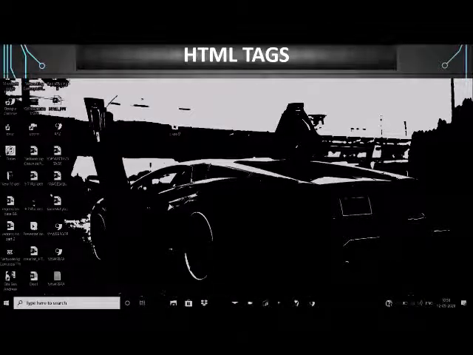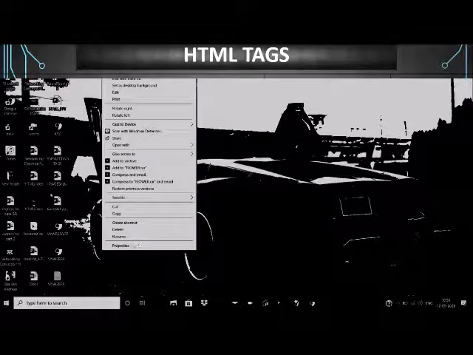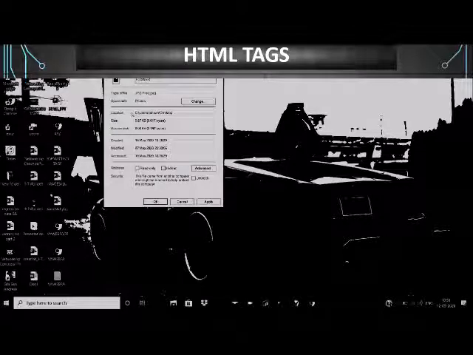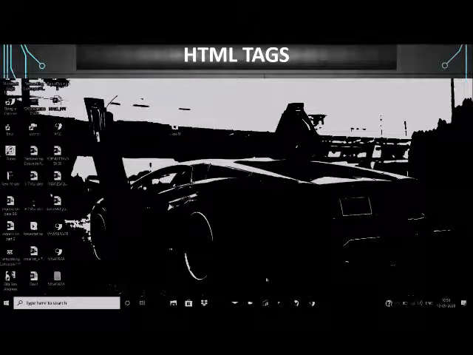But if we are required to give the path also, then we can select the image, right click on it, and then open properties, and this is the location of the image. From here we can copy this location like this, Control C. Name of the image is flower and its extension is JPG. So we have copied the location of the image.